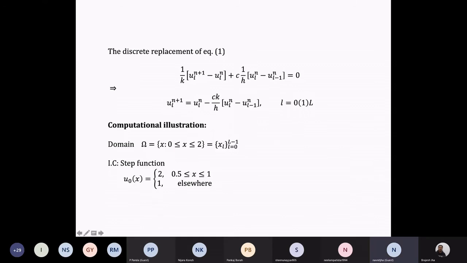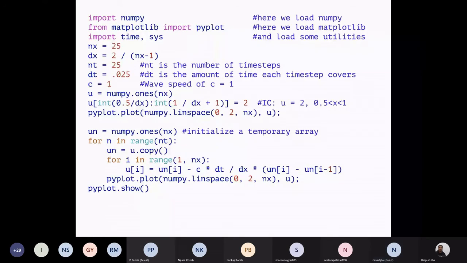This is a simple Python coding. Python is the easiest and very helpful in case of differential equations. There are so many tools available inside. So here I have imported NumPy and matplotlib for the plotting of all those things. nx is 25. nx is basically the number of spatial points, over the L I have taken earlier. Dx is 2 by nx minus 1. So this is the step size. This is basically your h.